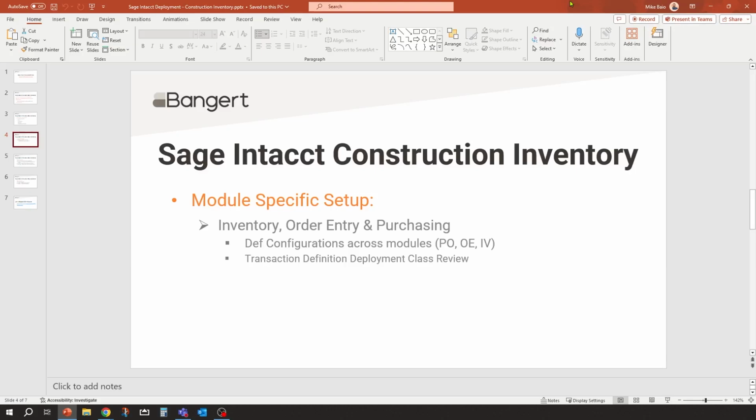And we'll also venture into existing definitions that you may already have that you might need to set some additional features up so that you can do inventory inside those definitions. So let's get right into it.